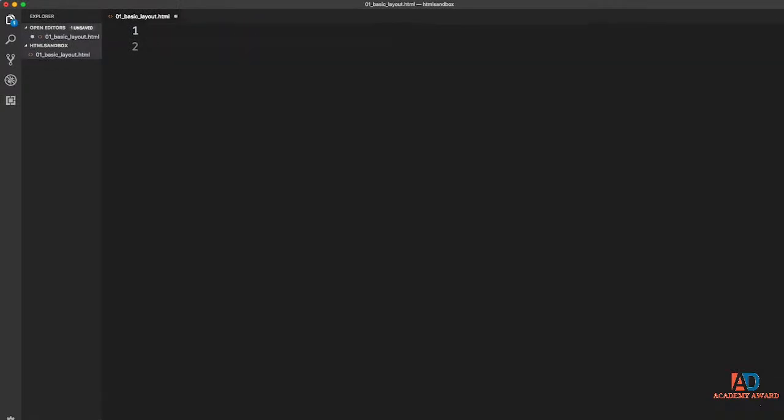So the first thing that you're going to want on every HTML page is the doctype. Okay, so I'm just going to type this out. It's going to be an angle bracket, exclamation, DOCTYPE, usually all capitals, and then html, and then closing angle bracket. So this is a doctype, and what this does is it tells the browser what type of document it is,